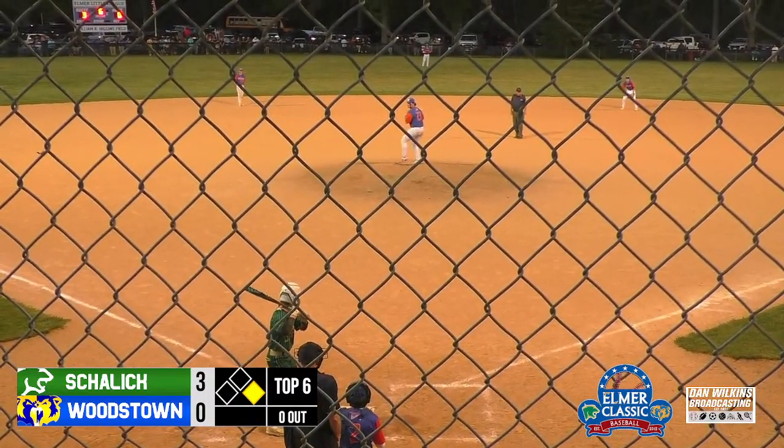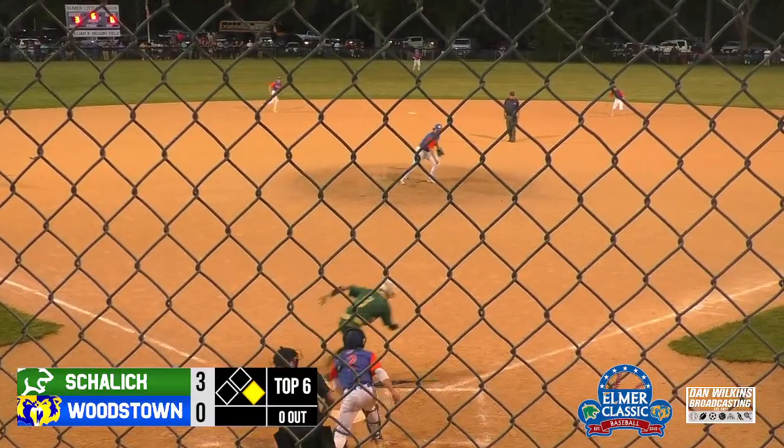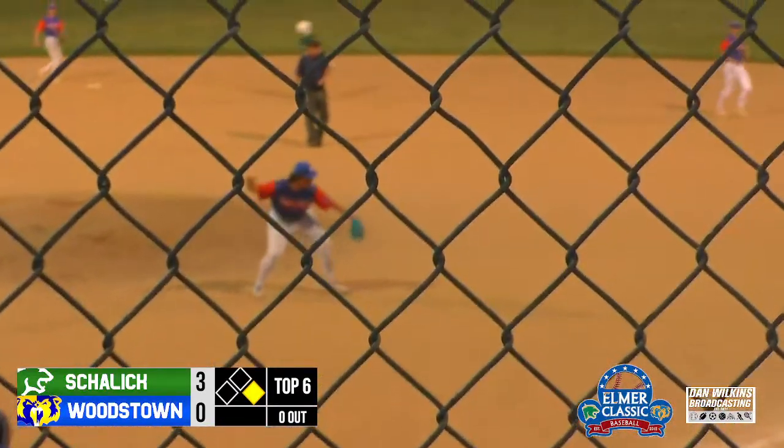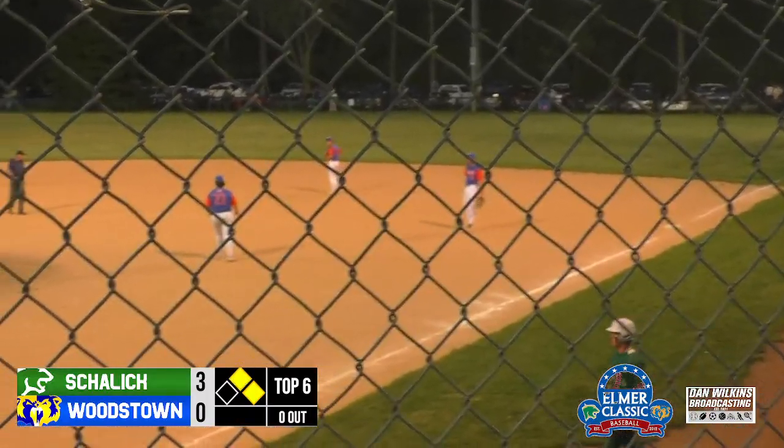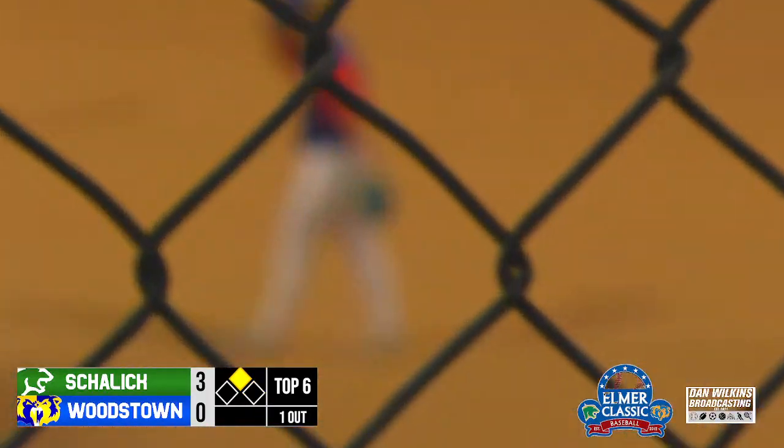Schalick, one of the few high schools in South Jersey to not be named after a town, but instead a person. As there's a bunt, Valente throws the first. It's in time. Runner is out. Cummings gets Lamazza to second on the sacrifice bunt. And there's one away, but